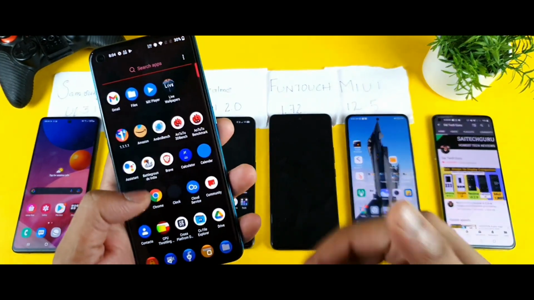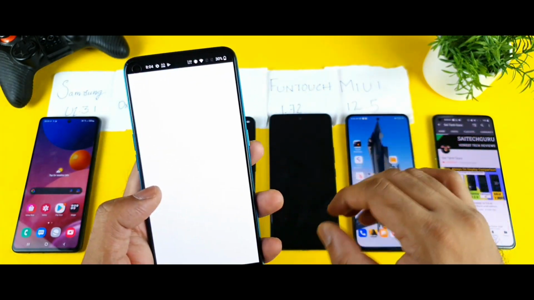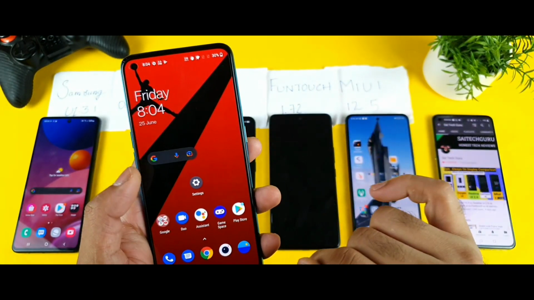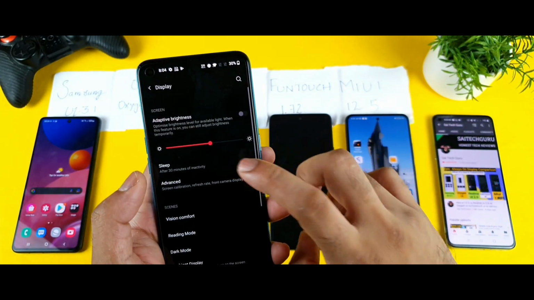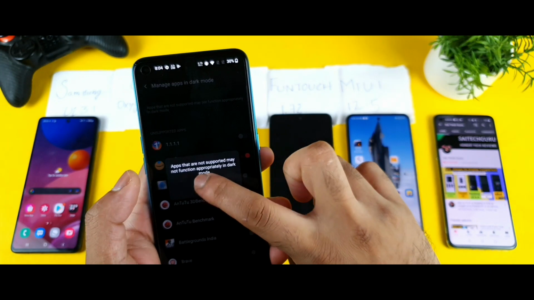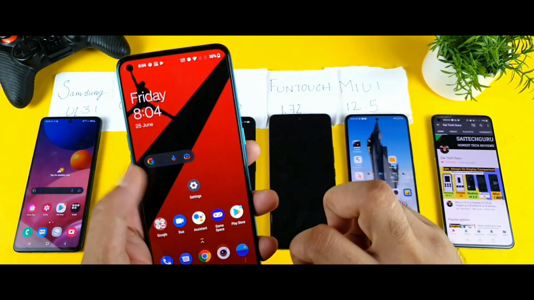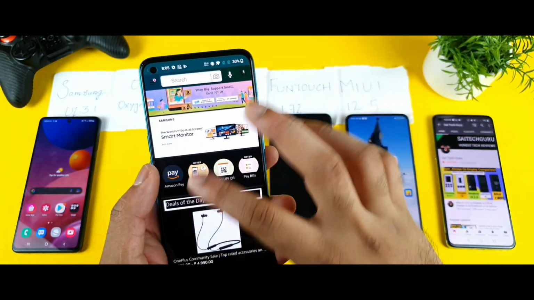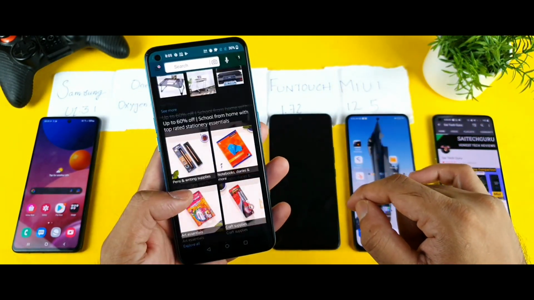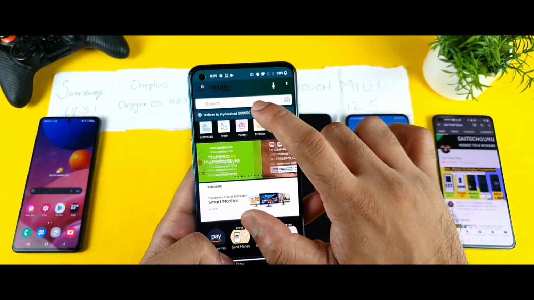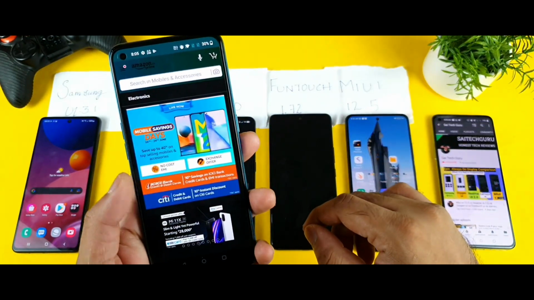Later I'll try to enable it and show you what is going on. By default the Amazon application is not showing anything, as you can see, there is no dark mode enabled. But let's try to enable the dark mode and see what will happen. I did turn on the Amazon application right now. Let me open the Amazon application immediately. As you can see friends, right now the Amazon application went into the dark mode a little bit, which is not that great, but in case you want dark mode, you can still have it in the Amazon application as well.